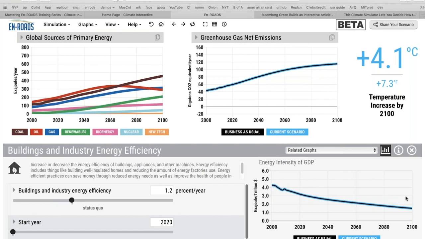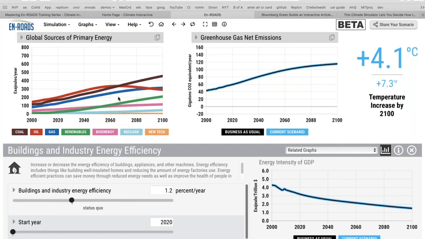such that this line of the energy intensity of GDP falls more quickly, that it takes fewer exajoules per $1 trillion. If you like really digging into the numbers, that's what's going on here over to the right, and you can increase it. Now at this moment, it's really critical. Don't just click the button and see what happens. Instead, you ask the question. Think, what would change in this system if we, in buildings and industry, used everything more efficiently?